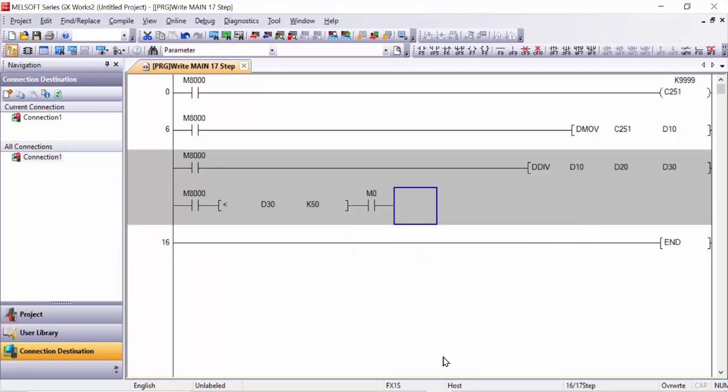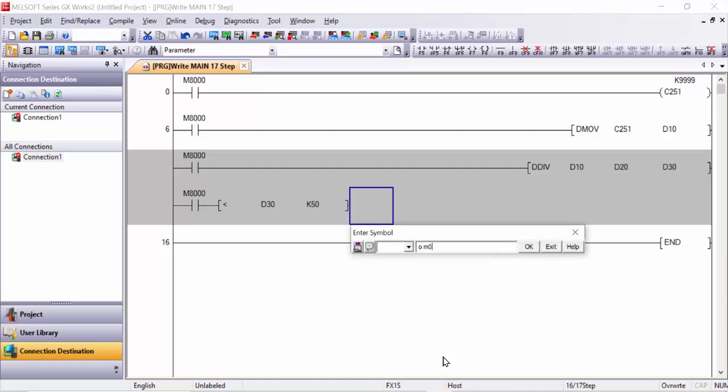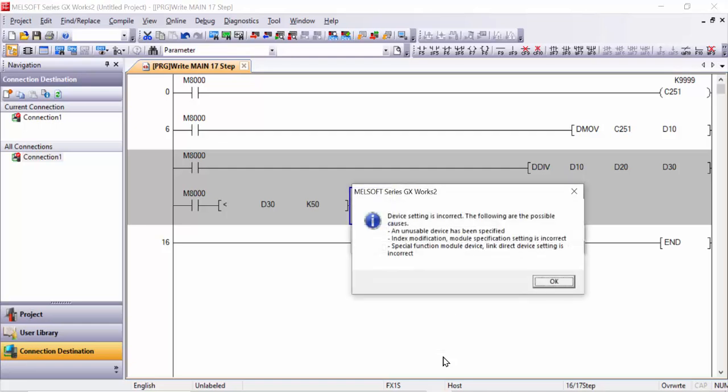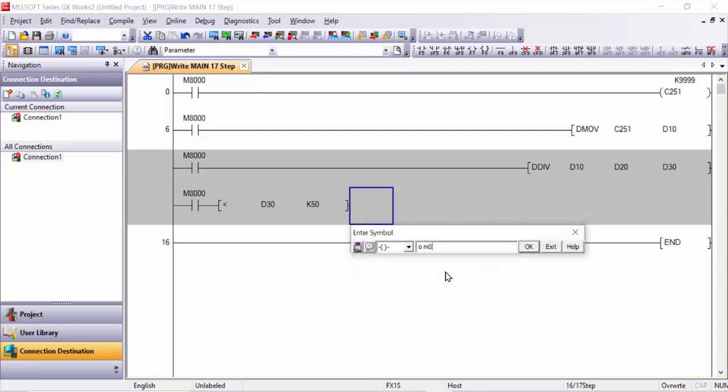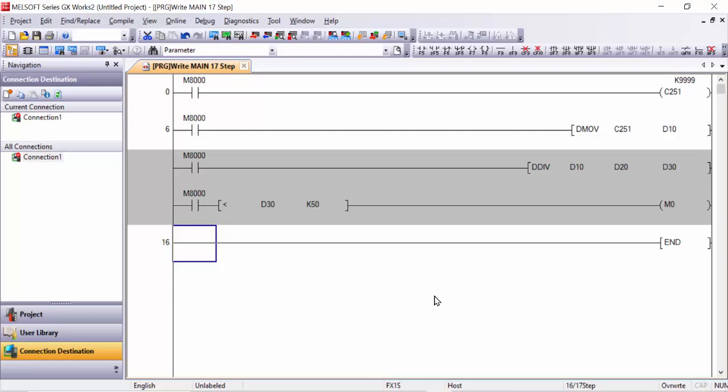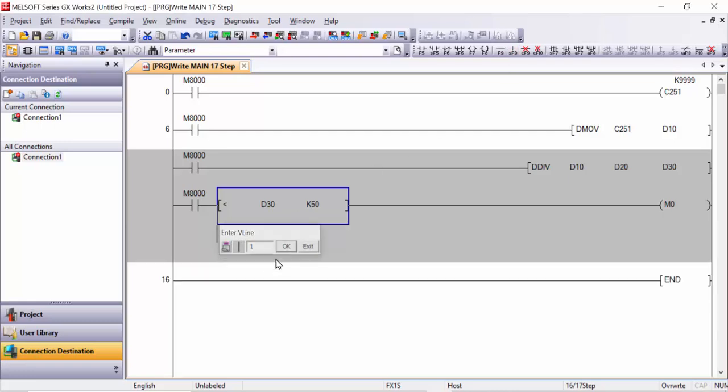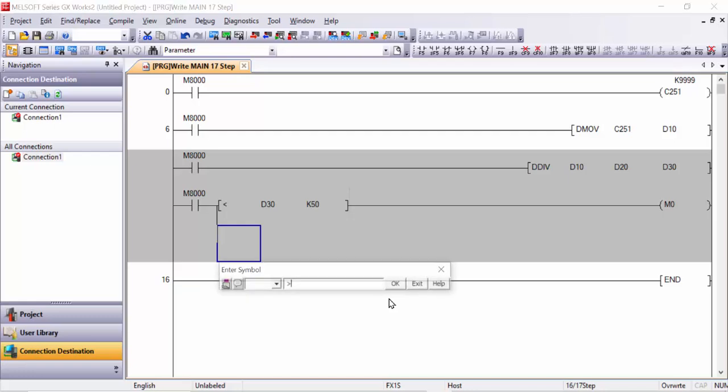M0, we need to make it out M0. No, sorry, this you have to delete and click OK. And here you can make it one row down, one line, and here you can make the greater than,